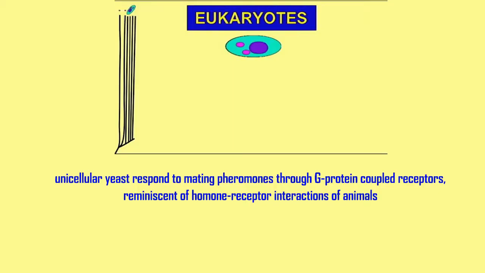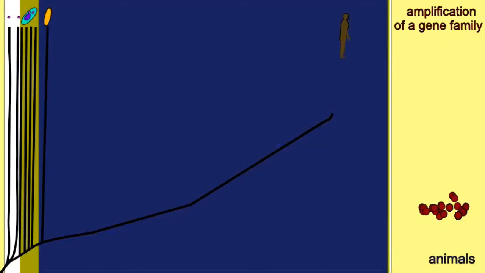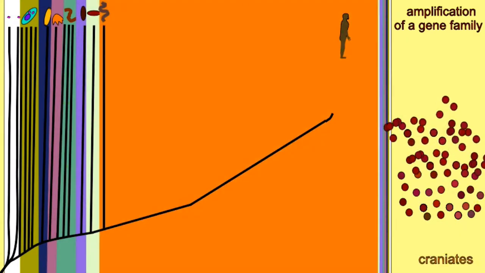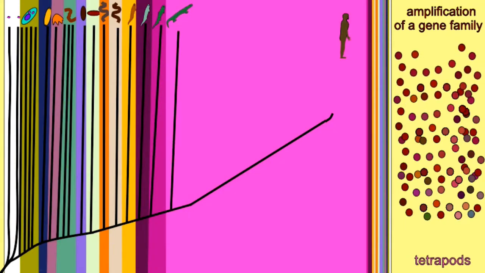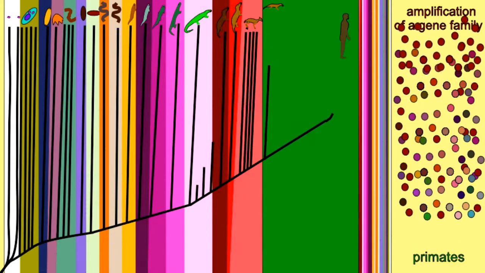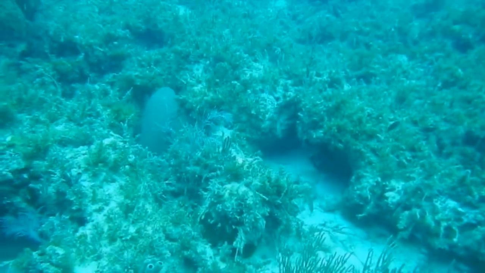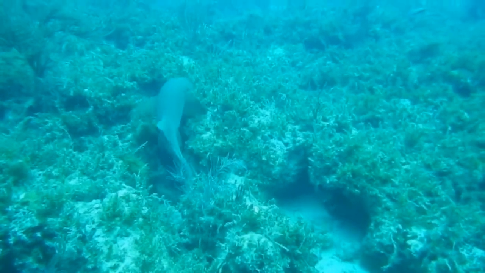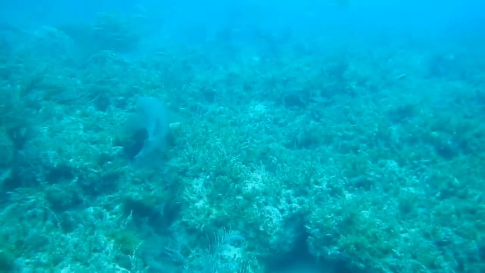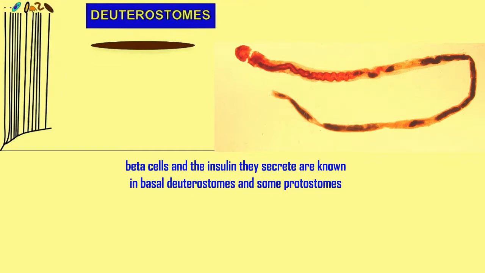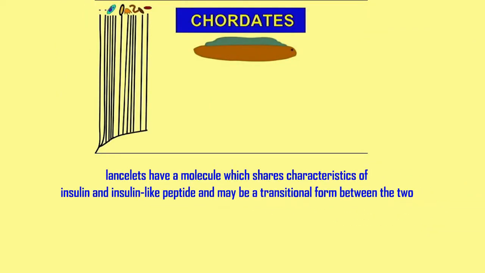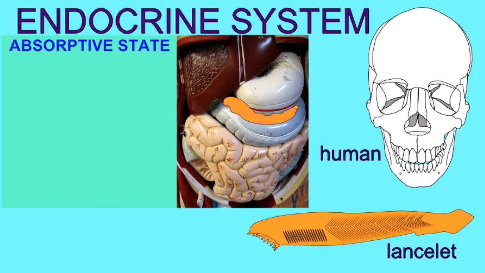Well, if we were to consider genetic tests of these models, say for example, using the protein insulin, it is clear that not only do other organisms have the hormone insulin, but that insulin-like proteins are even known in invertebrates. And in primitive chordates, there are hybrid molecules which have some of the characteristics of insulin and insulin-like peptides, seemingly